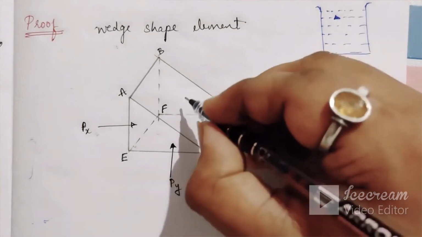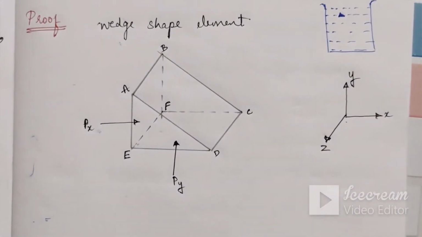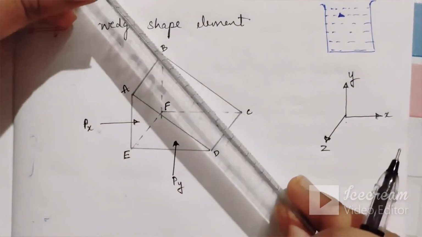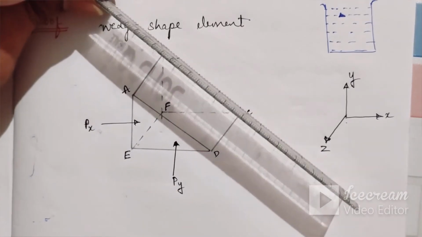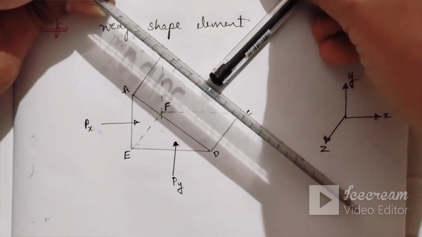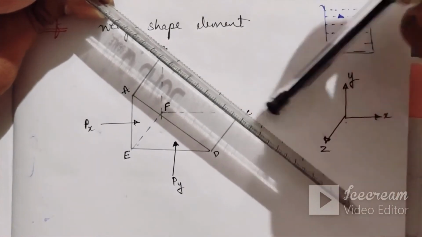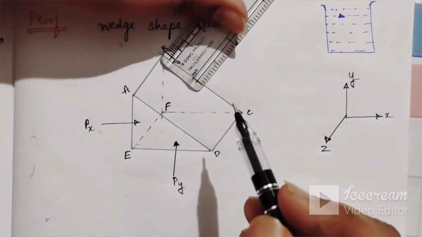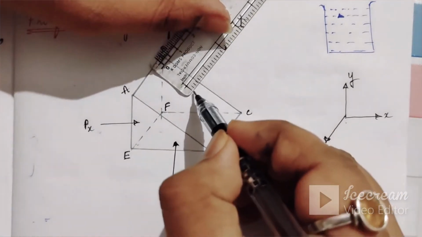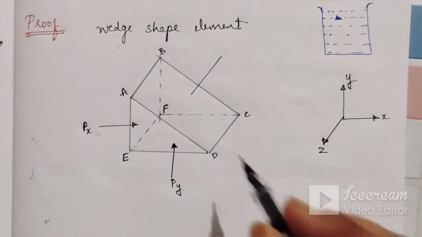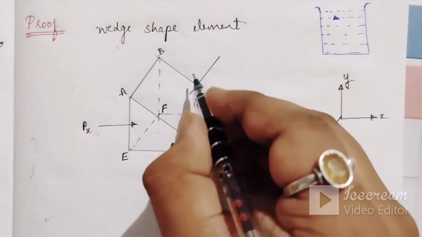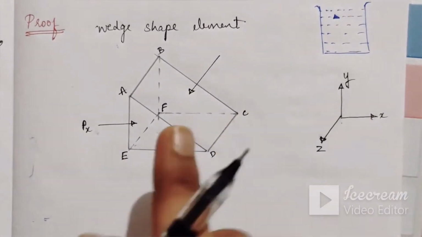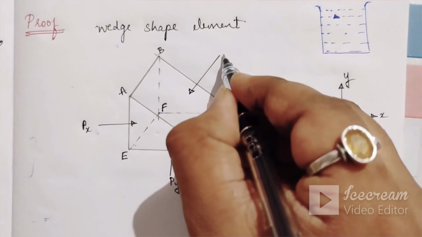What I do, so here if any force is coming, it means it is normal to the face. If the face is not straight but in a slant way, then the force should come like this, right? The force should be perpendicular. If this is perpendicular, then what happens? Perpendicular means the PZ will be normal to the face A, B, C, D. It is normal to this face only, A, B, C, D.